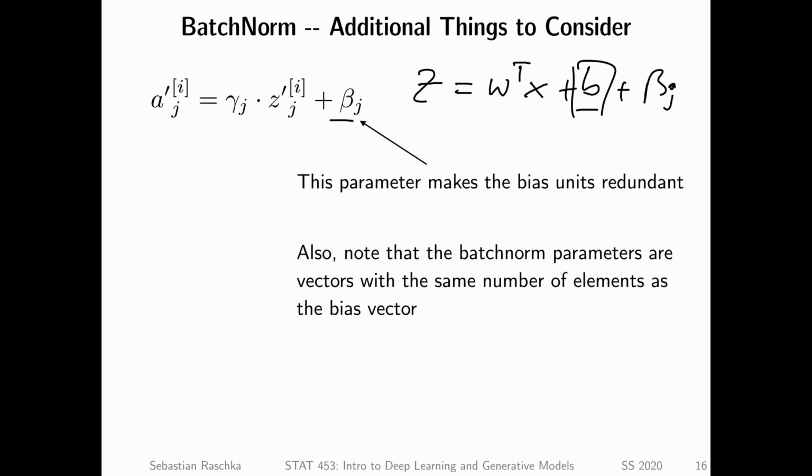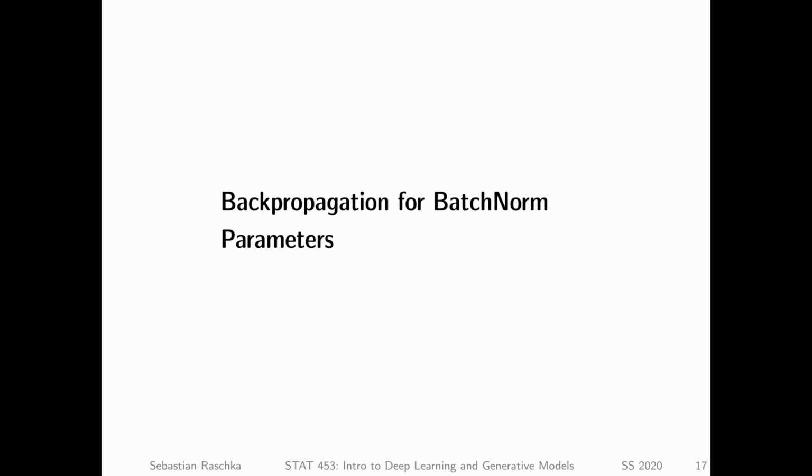Okay, that is all I wanted to say about the individual steps of batch normalization. And next, let's talk about backpropagation for batch normalization. I told you once that I don't want to torture you with too much calculus anymore, but just to give you a brief overview of how backpropagation works for batch norm, I think this is generally helpful to better understand what's going on in deep neural networks.